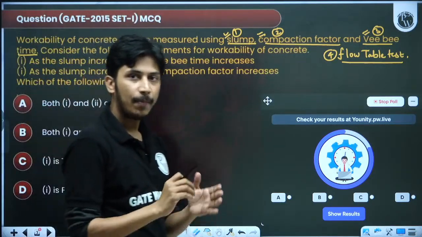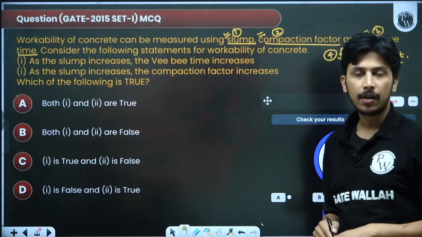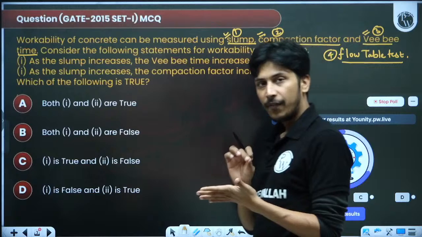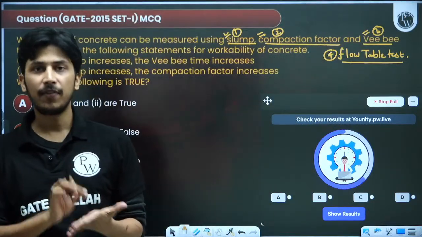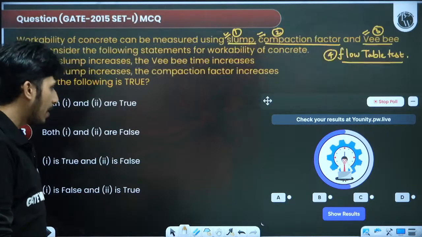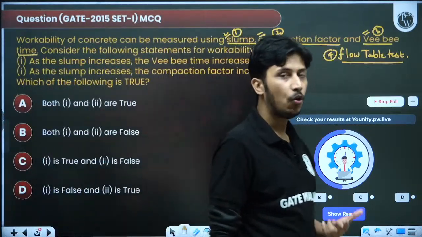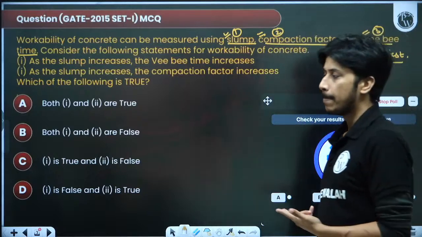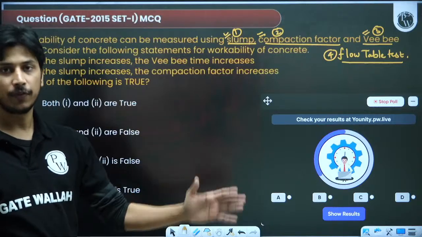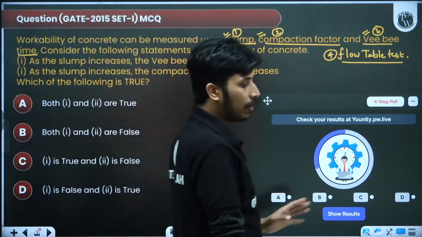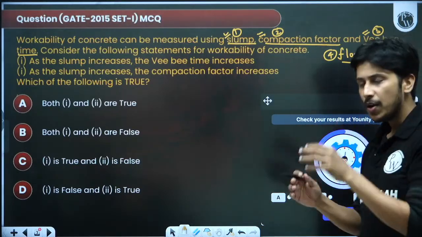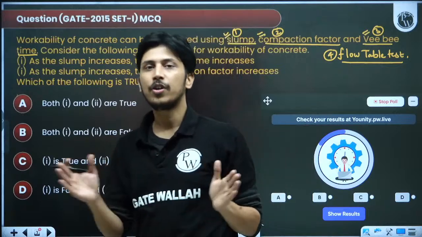Whatever I'm saying now, take a pen and paper and roughly write it down, in every question. Like in the previous question, I told you to study the types of concrete: rapid hardening concrete, low heat concrete, fiber reinforced concrete. Write down these things if you don't know them. If you know them, then don't write. Ready mix concrete, RMC. You have to study those things after the class. Please study those things. Always increase your content.